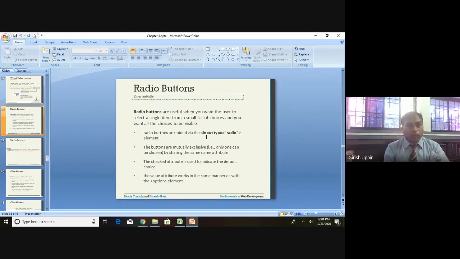Then you will have four input controls like this, each with type as a radio, and the name you can think of as a variable name given to this control, and that is how the server side will know this control. Whatever data comes into this selection, that value will be tied to this particular name. Name or variable, you can treat it as a variable. That value is assigned and it is sent to the server.